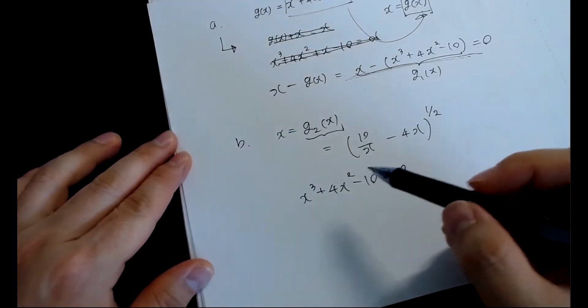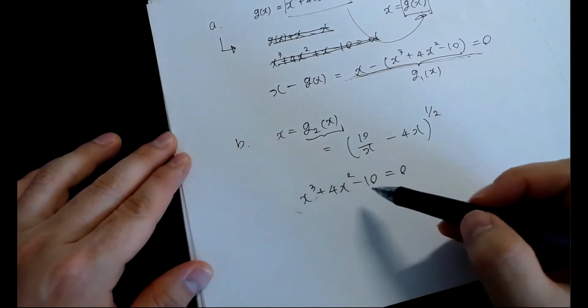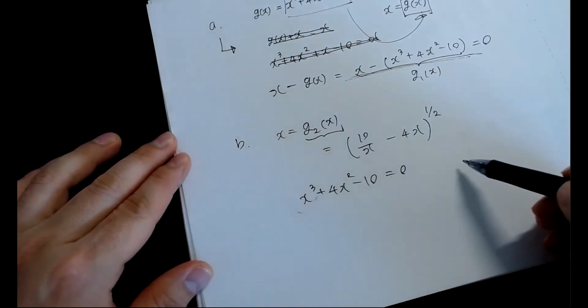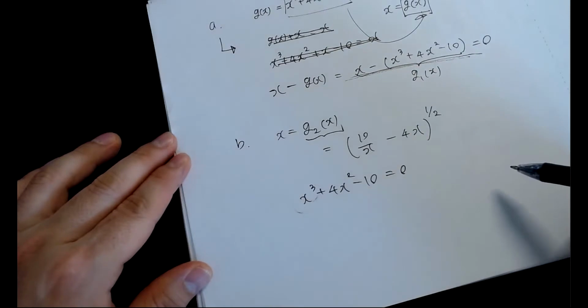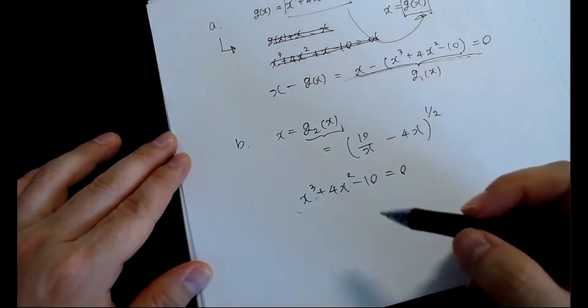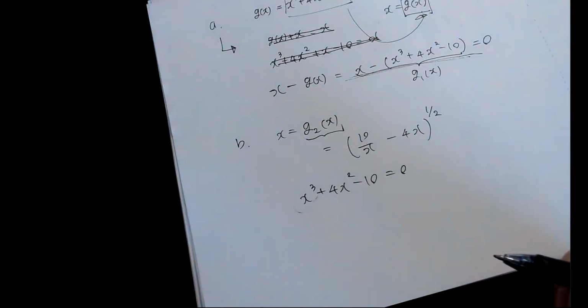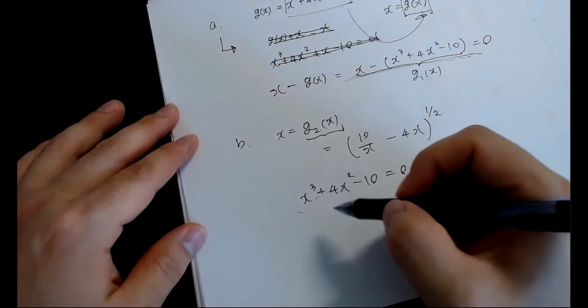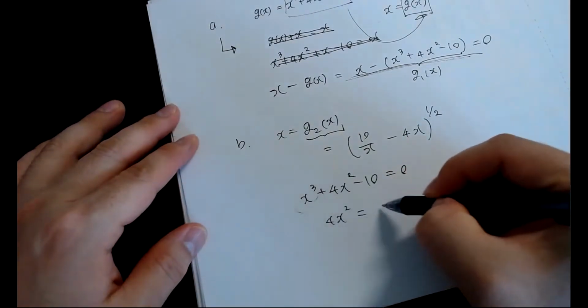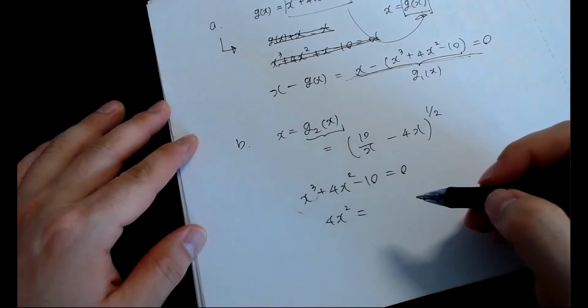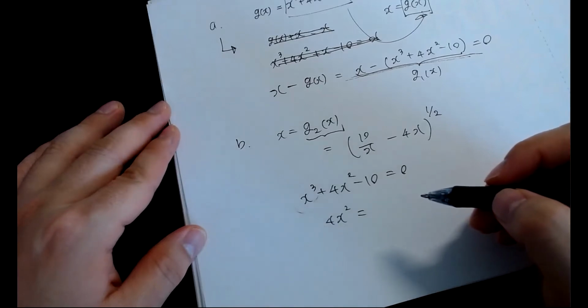So we move x cubed and negative 10 to the right hand side, divide by 4, and take a square root to isolate and get x equals something. So the 4x squared is equal to